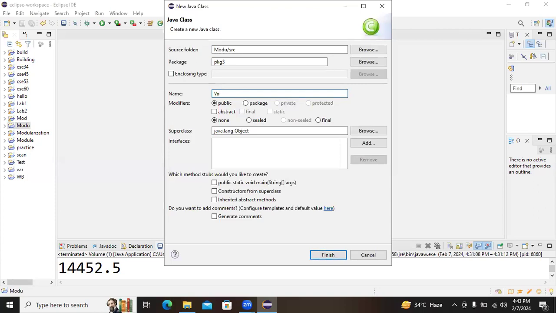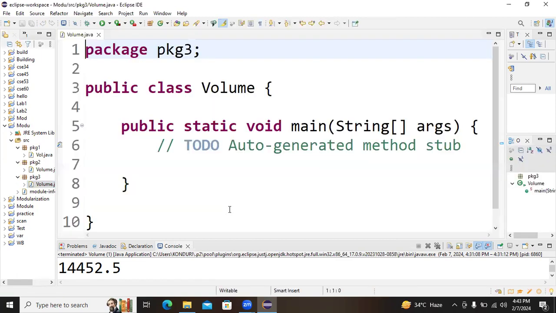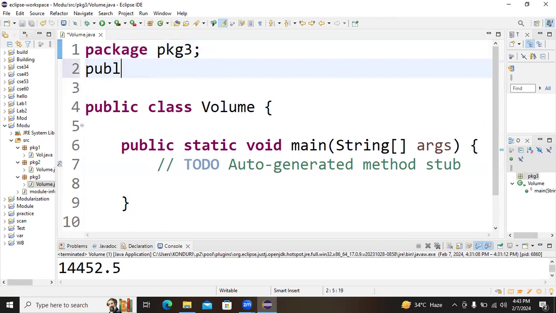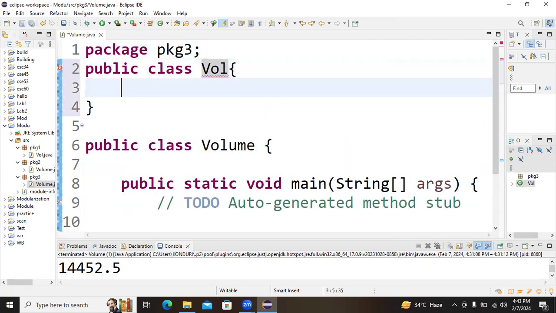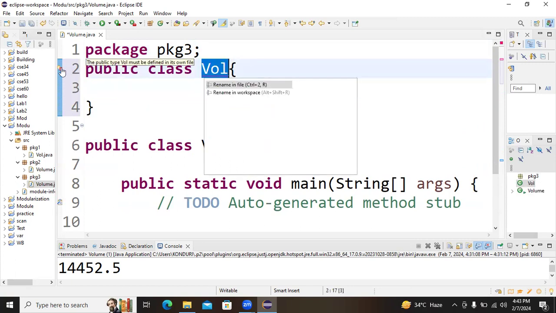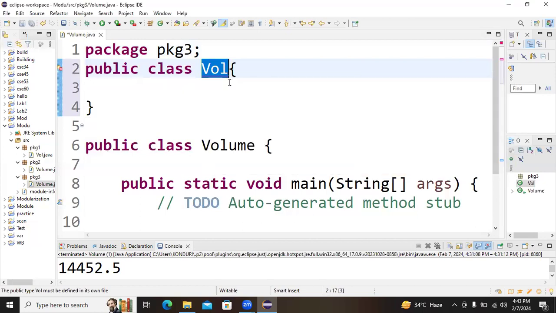Write volume and write a main method. Right here, another class, public class. In class level you have to create with the Volume.java only. So, file, save as,